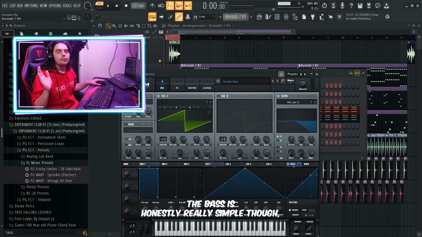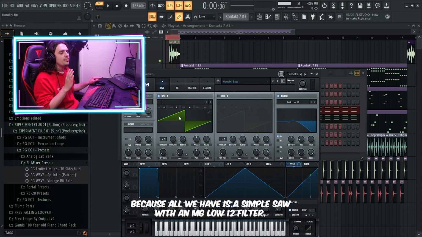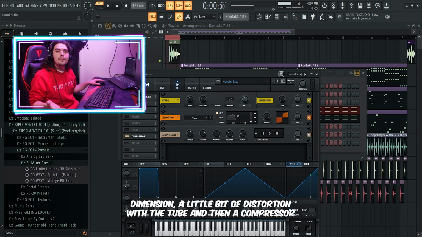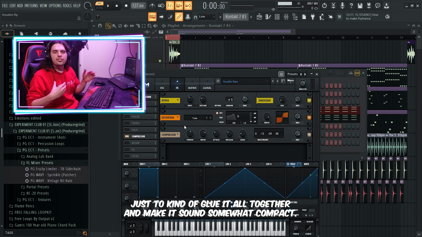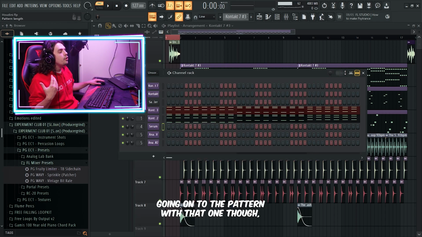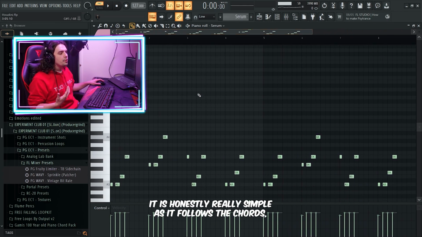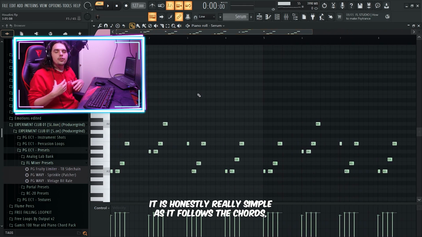The bass is honestly really simple though, because all we have is a simple saw with an MG Low 12 filter. Going on to the effects, we've added in a little bit of hyperdimension, a little bit of distortion with the tube, and then a compressor just to kind of glue it all together and make it sound somewhat compact. Going on to the pattern with that one though, it is honestly really simple, as it follows the chords,